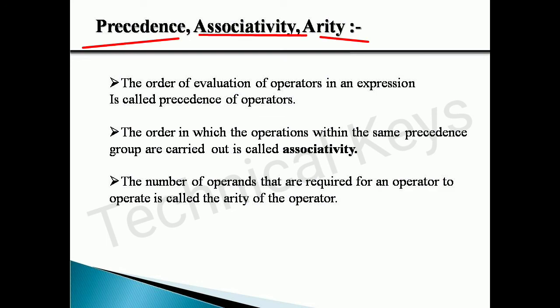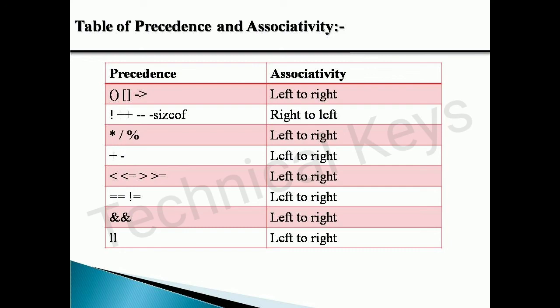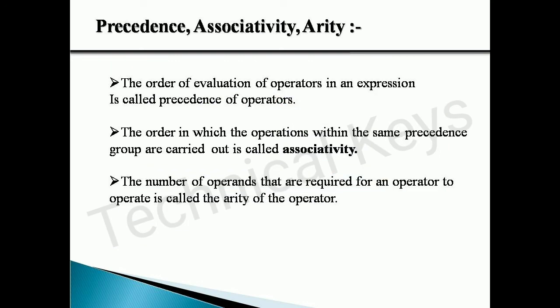associativity, and arity. Now you will ask, where does arity come in? Arity comes in when we are using a unary operator, a binary operator, and a ternary operator. I will give an example. Ternary means 3, so there we will require 3 operands. The arity will decide that we require 3 operands for your ternary operator. So that is the concept of arity, because in this chart you will not find the arity concept. Basically the arity concept comes with your operands part: how many operands you require to perform that operation.